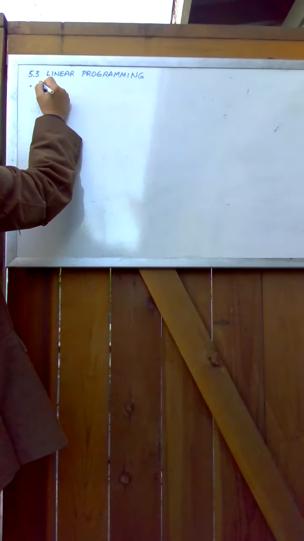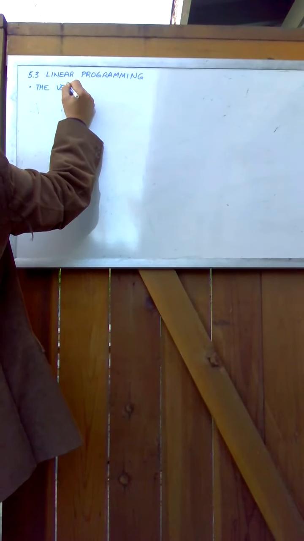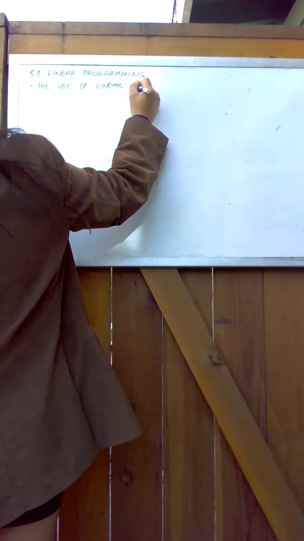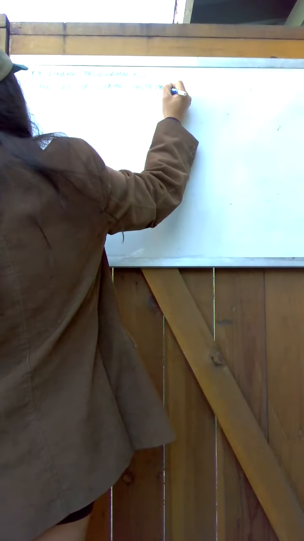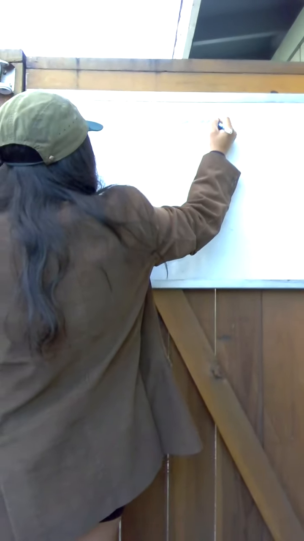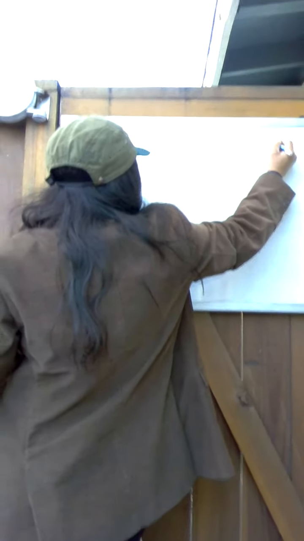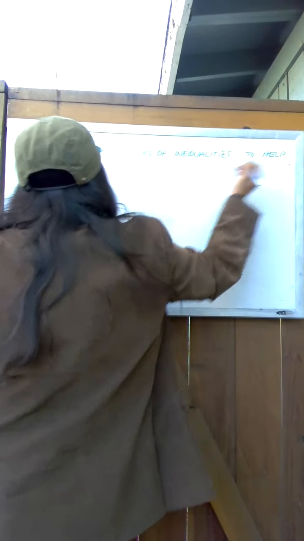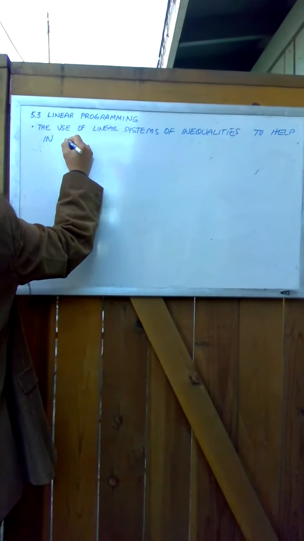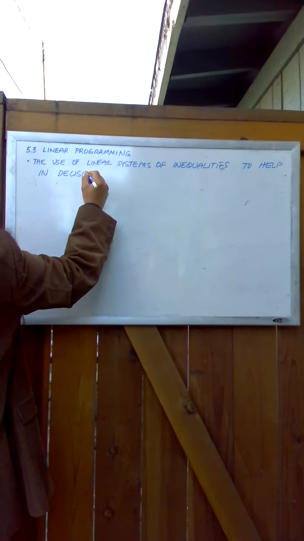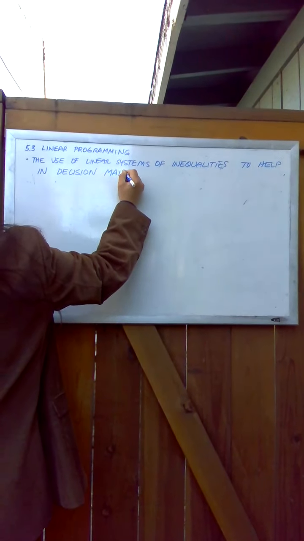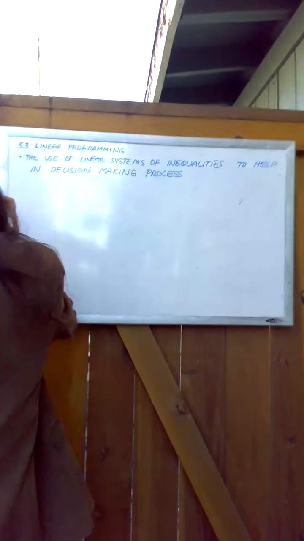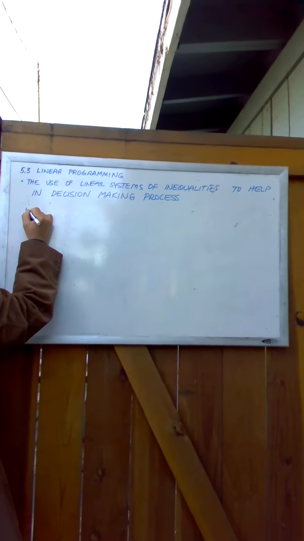It is the use of linear systems of inequalities to help in the decision-making process. I know I should have said "the." Okay. All right, so for example,